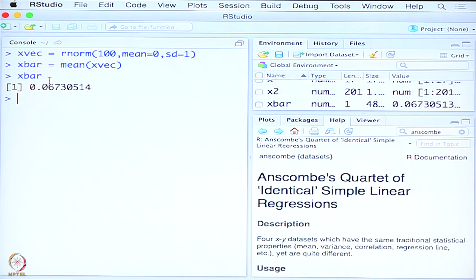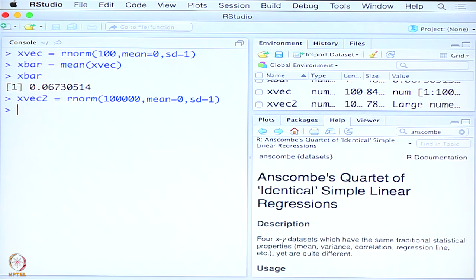You may think maybe if I take 10,000 or 100,000 observations, I may get 0, maybe. Let us do that. So, let us take another set of data where I have 100,000 observations. Very good. So, I have done that.